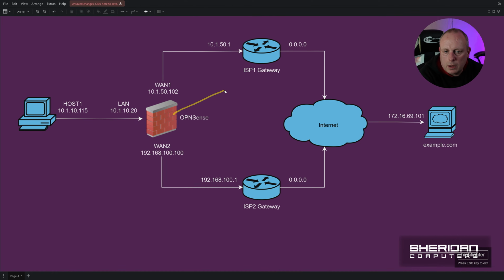So by default, we want our traffic to go through ISP 1. And if for whatever reason that ISP 1 goes down and it's not available, then obviously we want all our traffic to go out of ISP 2, with the goal of obviously whichever ISP we're going through, we get to the internet and we get to example.com. So our example.com machine,